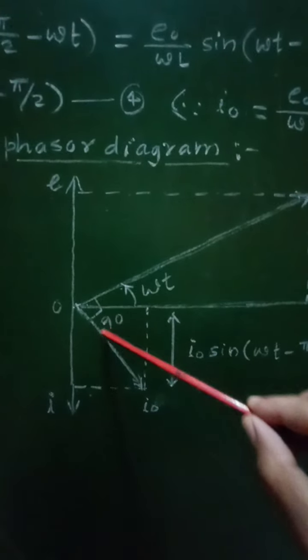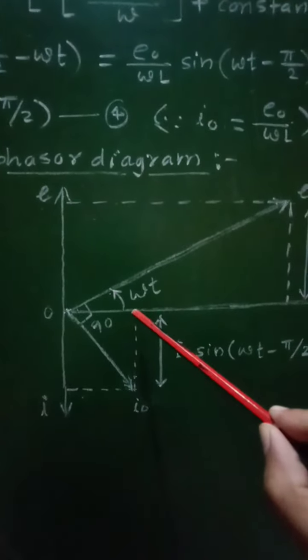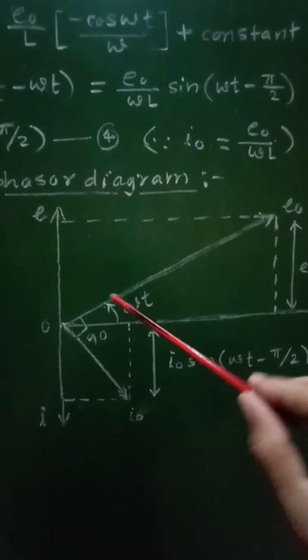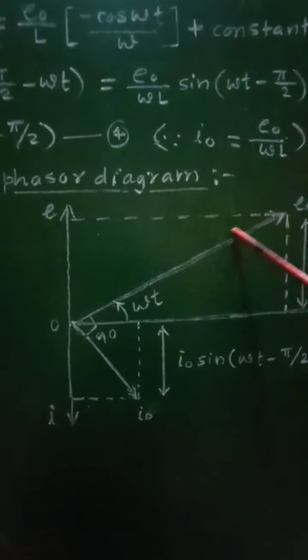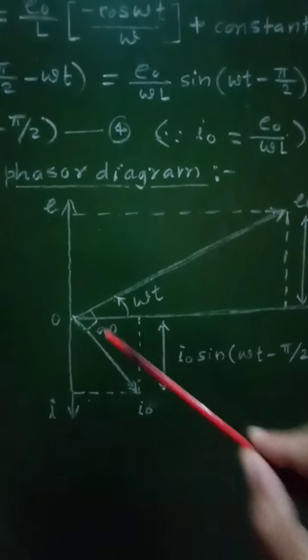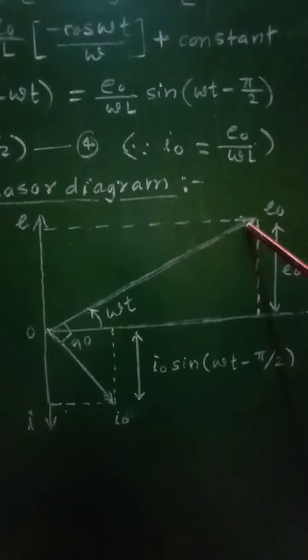Similarly, the second phasor for current, OI0, is rotated in the clockwise direction. The angle between the EMF phasor and the current phasor is 90 degrees, and if E0 is the peak value of EMF,